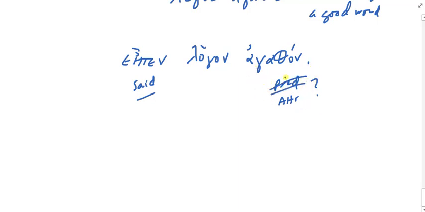This is, he said a good word. He said a word, a good. That is, he said a good word. All right? So here, just the grammatical context can help you disambiguate this sort of a thing. All right. Good. Any questions about this? All right. Great. Let's go down to 9.14.